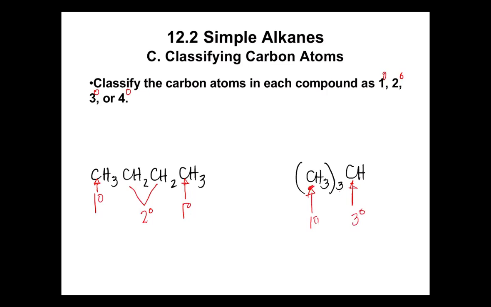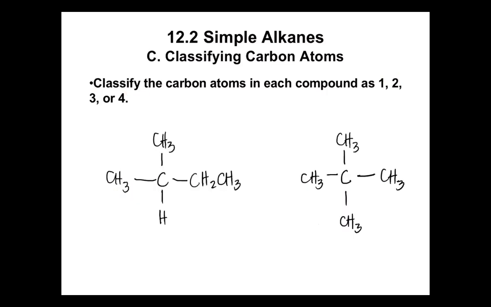Okay? And then for the next example, as you can see here, yung leftmost carbon, this is a primary carbon. And then this one is a tertiary carbon kasi tatlong carbon atom yung nakabond sa kanya. This one is a secondary carbon and this is a primary carbon. Okay po. And then for this last example, you have here a primary carbon, this one is a quaternary carbon, and then this one is a primary carbon.